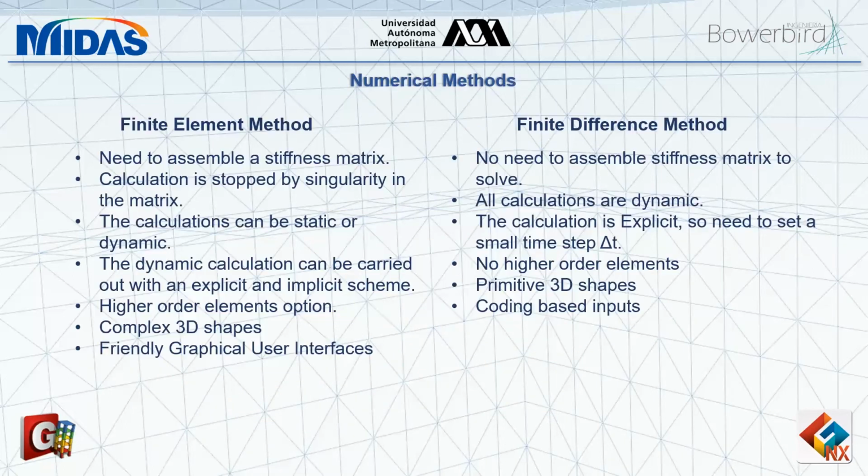Whereas with the numerical method, the two main approaches, as we had commented, are the finite element method, which is the one we'll be using today. And just some quick differences between this method and the other main method, the finite difference method: FEM requires an assembly of a stiffness matrix, whereas FDM does not. The calculation can be stopped by a singular matrix, and FEM can be used for static or dynamic analysis. The dynamic analysis can be carried out by two schemes, either explicit or implicit,